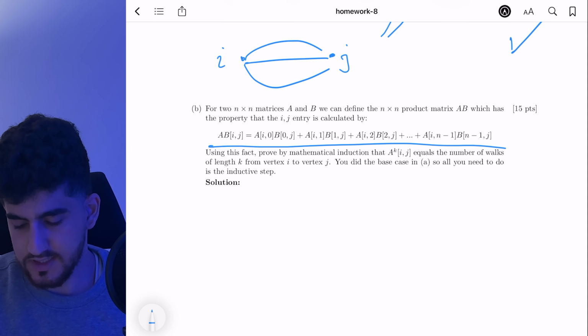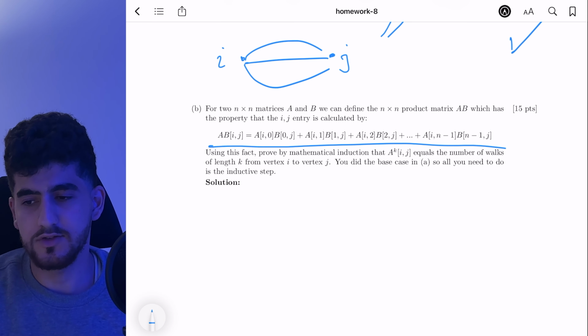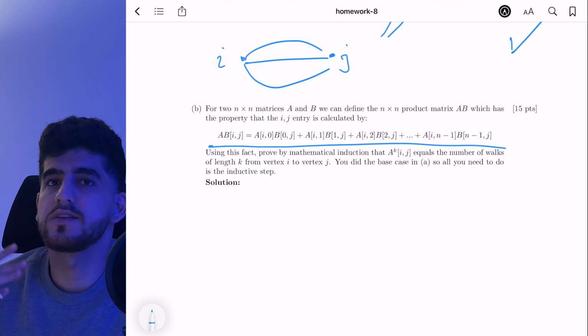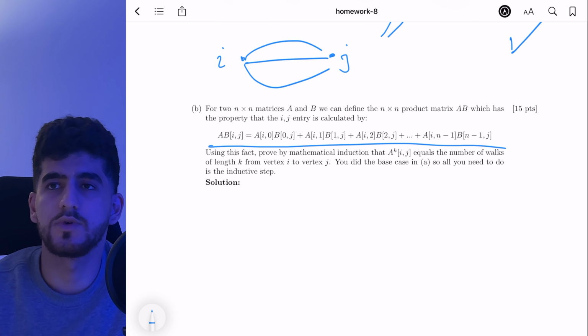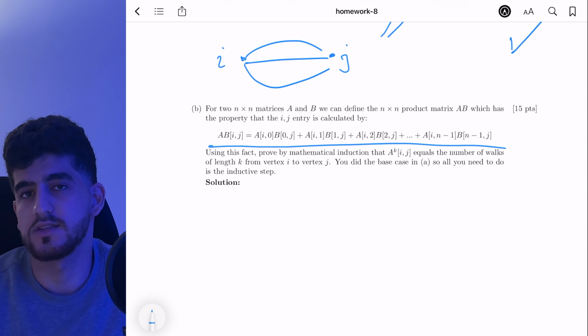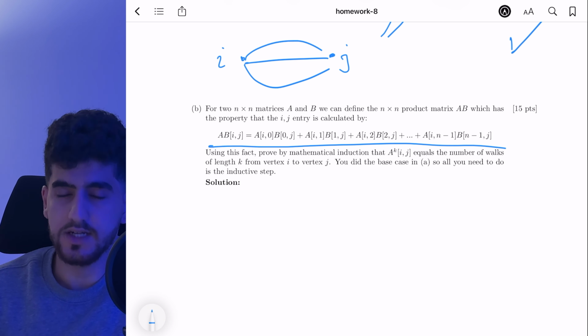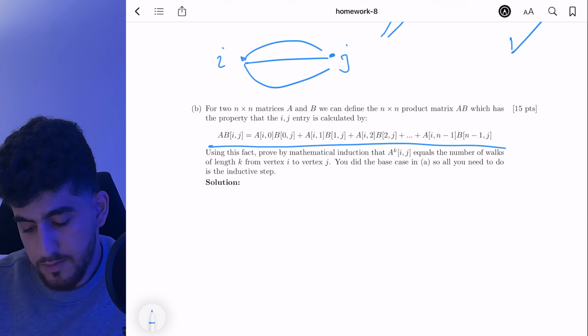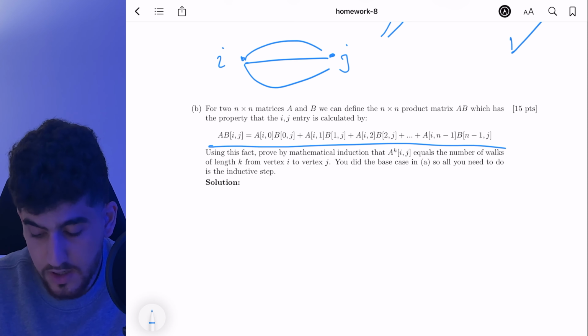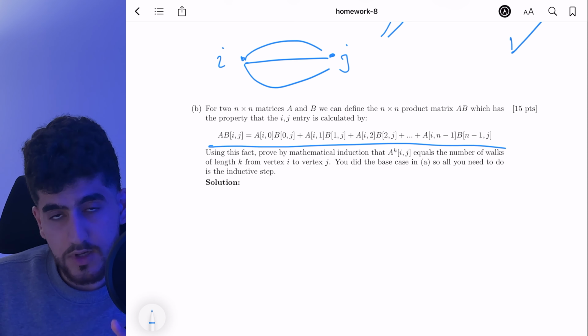Well, it completely is saying that's what you should do. You need to use induction. If you're not familiar with induction, make sure to watch my video about induction. That gives you some insights. If you're not familiar with matrices and what matrix multiplication is, what matrix product is, watch the video about matrix